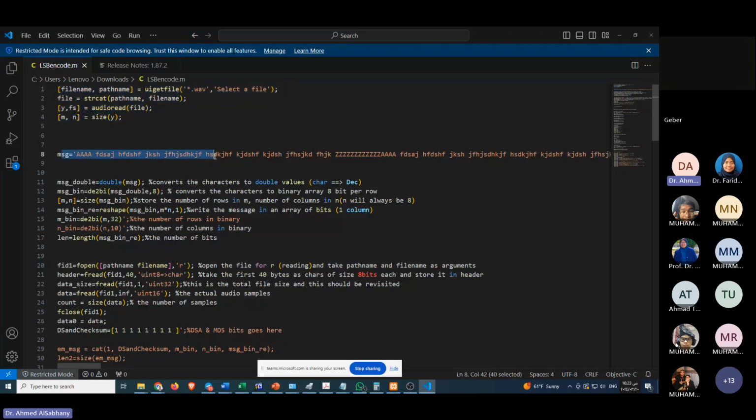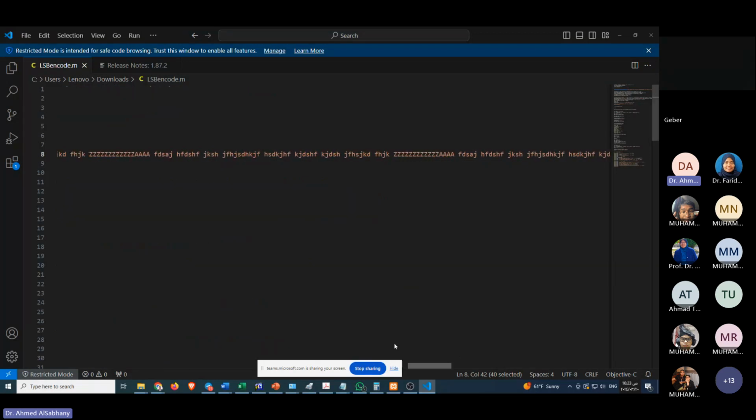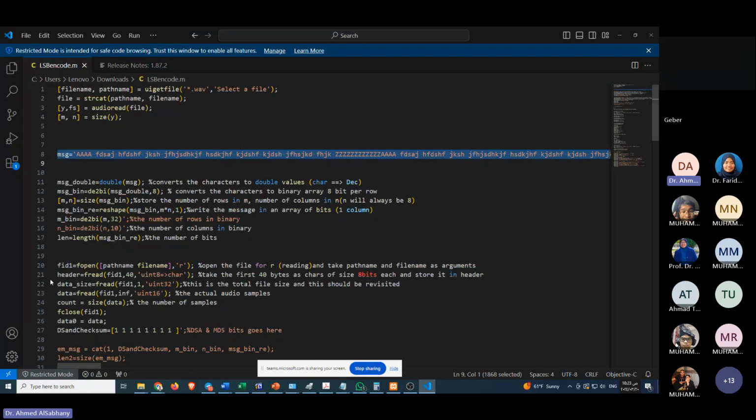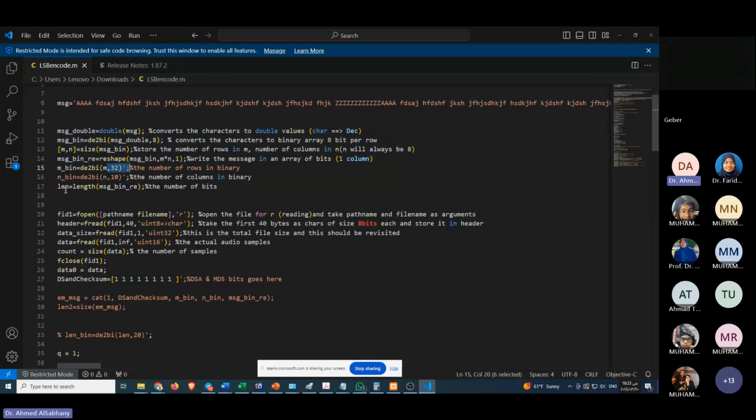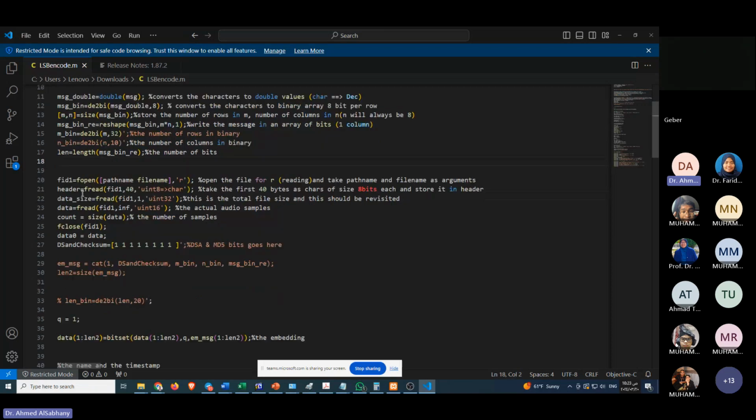Here is the message. As you can see, I selected a very long random gibberish message, and over here is the processing of that message. We are converting this message into an array. This array is of certain length and width, and then we will